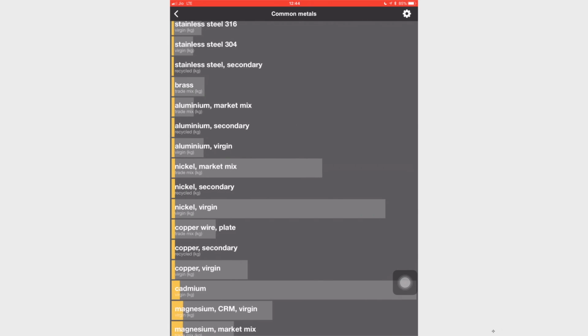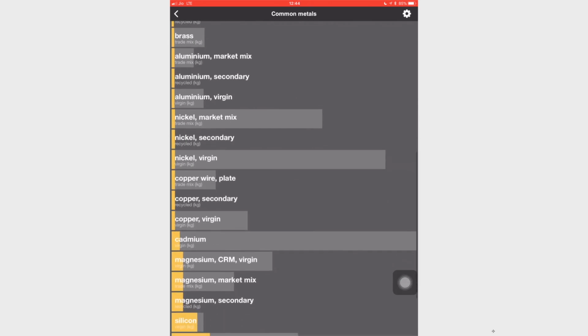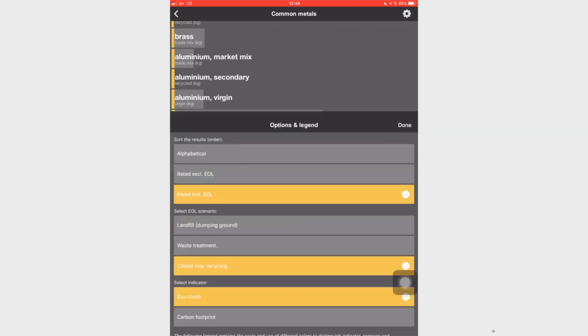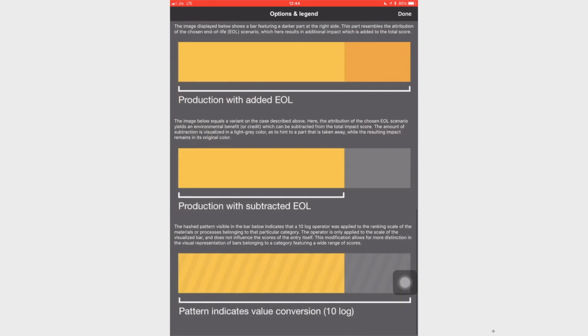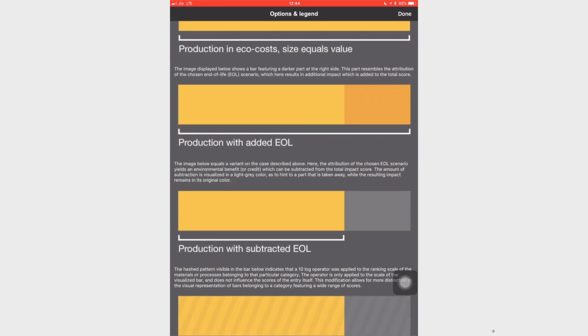So, when I do a closed loop recycling, they have a closed bar because of the production with subtracted end of life, because I am in a closed loop and I am taking that metal back into becoming metal without loss of properties.